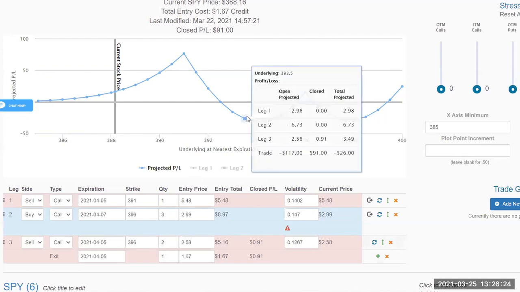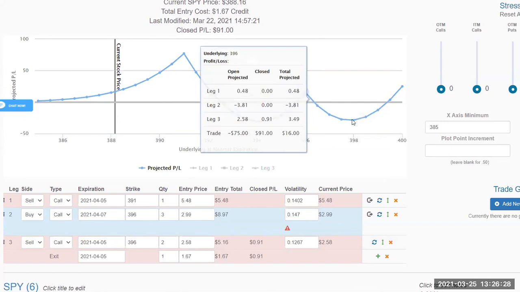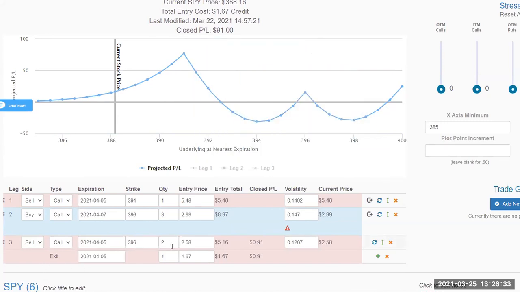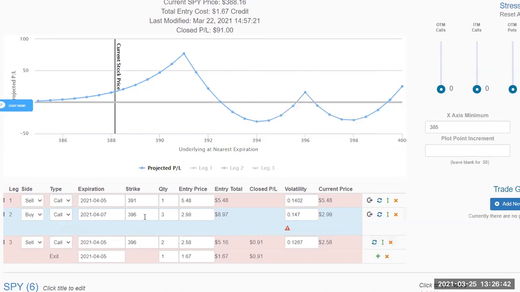And if I wanted to, I could sell a 394. I could sell 396. I could move up here and try and sell 398. It doesn't have to be the 396 that we keep adding to. You just have to understand what the ramifications are by selling a 394 as opposed to another 396, because you're actually creating a 2 strike difference now between your next short and the longs, right? So you do have to take that into consideration. All right, so that's the trade that we put on in Monday's call.